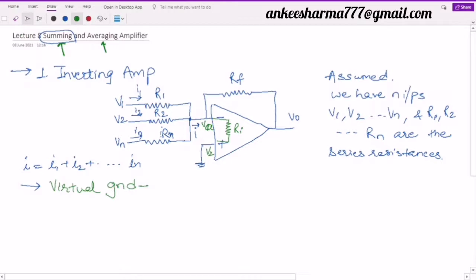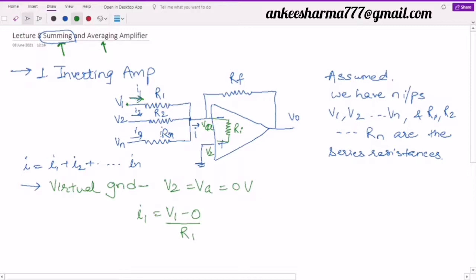So according to this virtual concept, can I say my V2 is equal to VA is equal to 0 volts? It's grounded. So if I have to find the value of I1, this voltage is V1, and you can see here the current I is flowing in this direction. So can I say this I1 is equal to V1, that is the higher voltage, minus the other voltage? It is connected to ground over here due to the concept of virtual ground. So minus VA, which is 0, divided by R1.